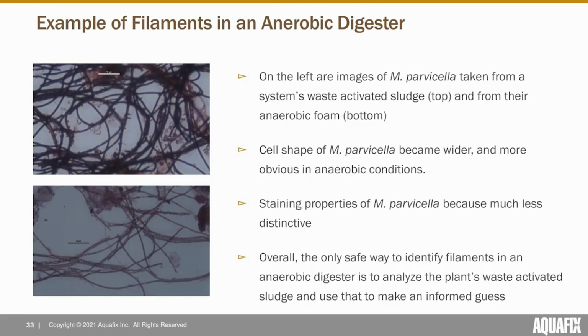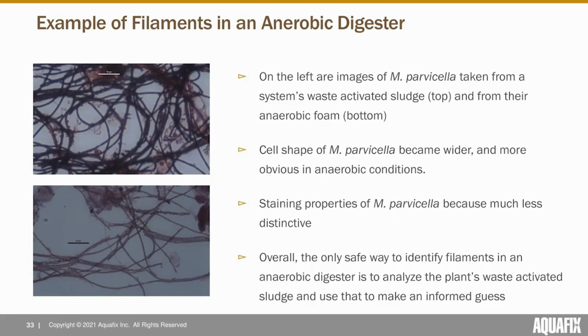Another interesting thing is filaments in an anaerobic digester tend to be more difficult to identify because they're not in optimal conditions. One thing you do to identify Microthrix is a gram stain. And you notice on this top image, it's a very dark purple color. In the bottom, it's slightly purple, but it's kind of blotchy and light colored, and that indicates the filament is unhealthy and therefore is not staining as intended. But you could imagine if this process were to go on longer, this bottom filament may not look like Microthrix at all. In fact, Microthrix tends to get puffier, it loses things that are distinctive of it, like its Neisser staining properties, and it gets more and more difficult to identify,